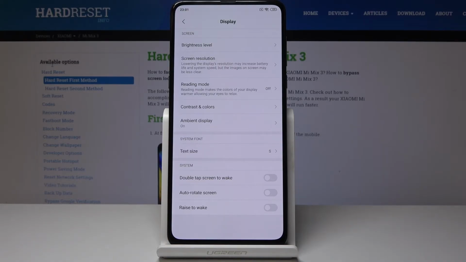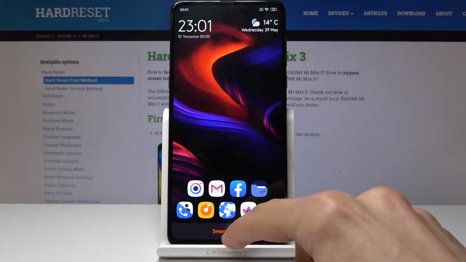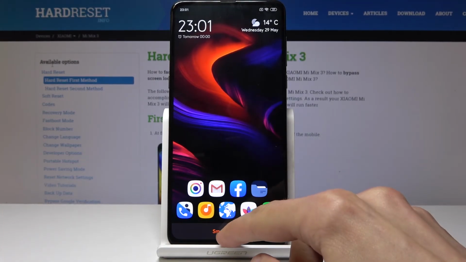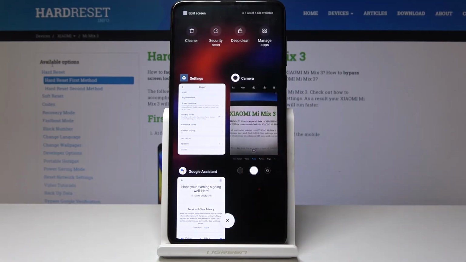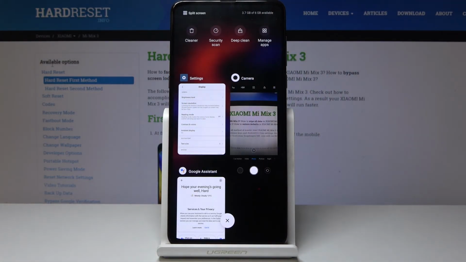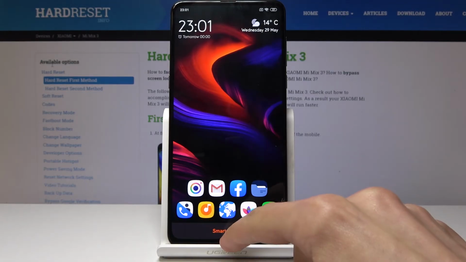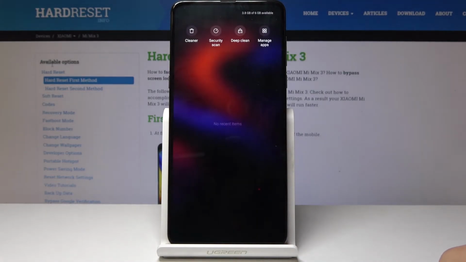Now another thing that I already have enabled, which I find useful in a way, not the best thing, but nice to know, is when you go into the recent apps, as you can see on the top, you have shown available memory of the device. So it's 3.7 out of 6 gigs. You can close apps and it should go up. Tells you also how much it cleaned. So now it's 3.8,